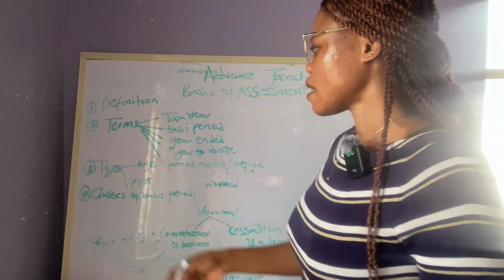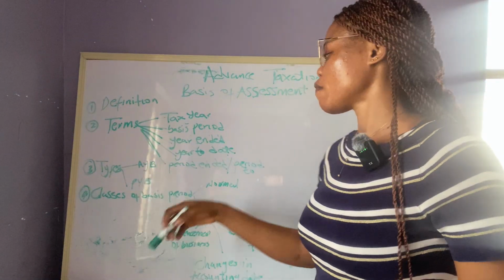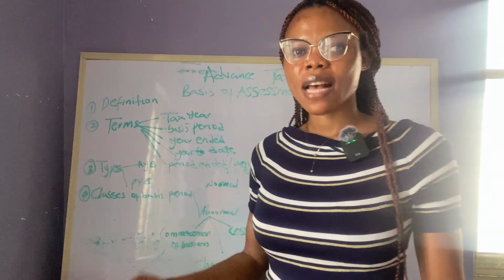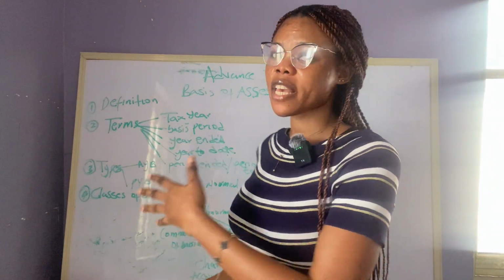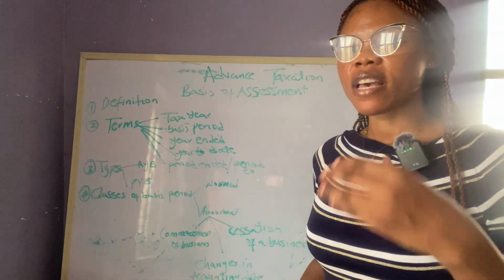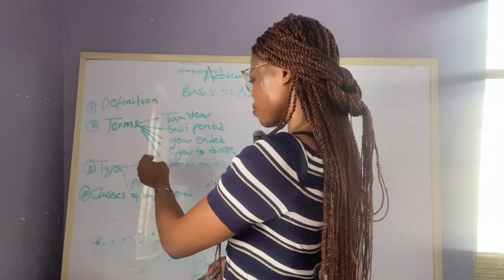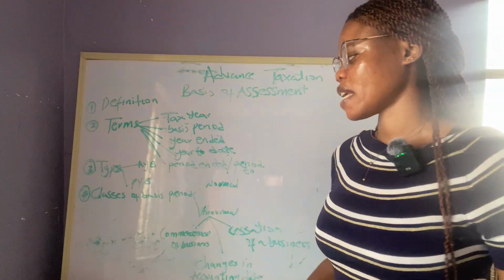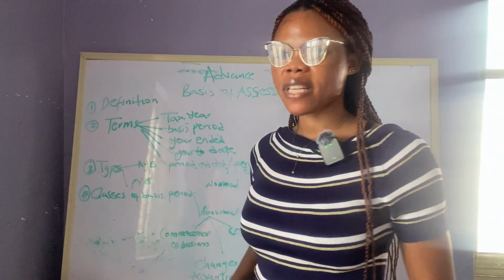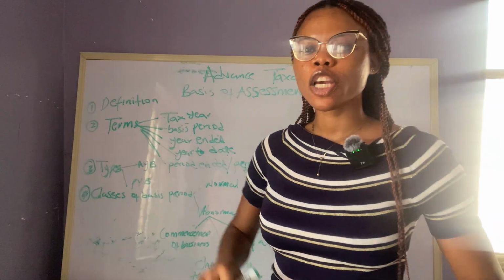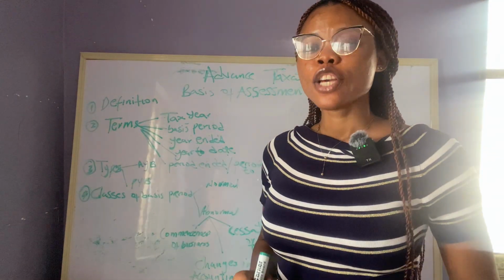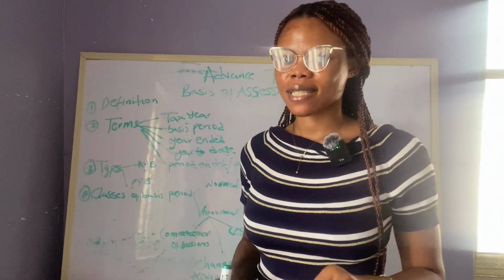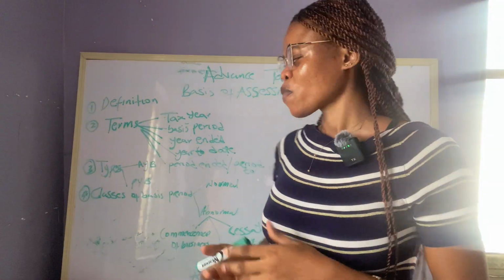So now, what are the types of basis period, right? The types we have are actual year basis and preceding year basis. Yes. So actual year basis means that the income of that particular year is going to be subjected to tax in that year. For instance,